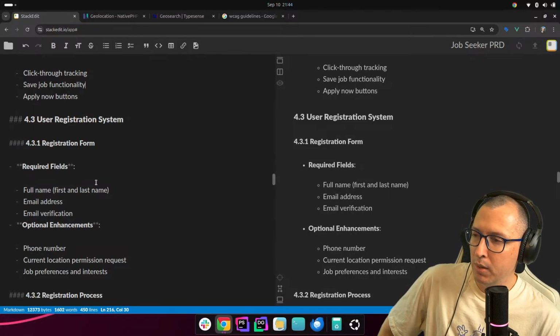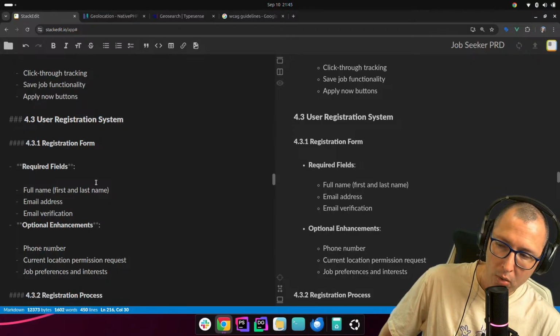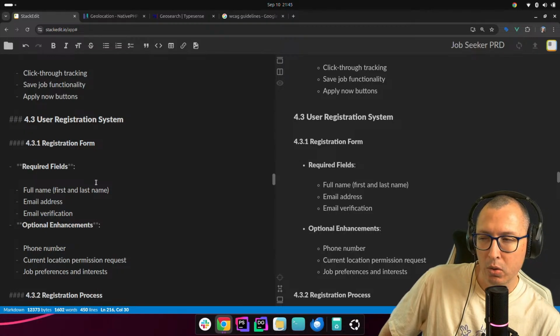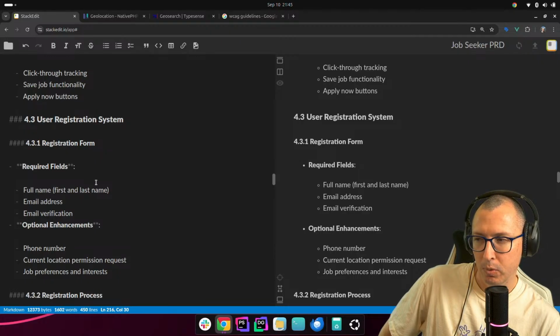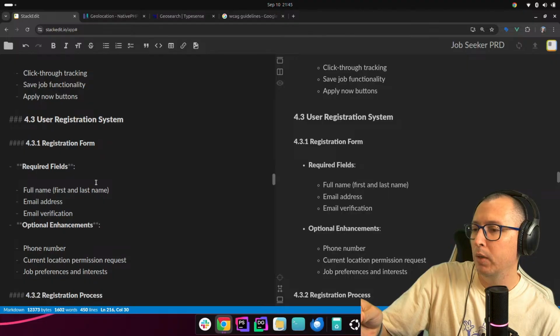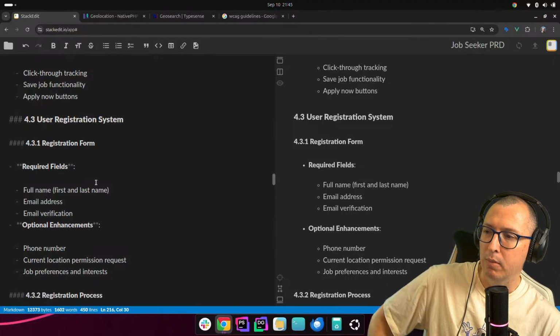I don't know if this is a good idea or not, but I think in order for us to take the user to the application, we should require a registration. I know it sounds scammy, but we need to have an audience. And ultimately, we are offering the value of, hey, you want to see the job postings? Sure, just register and we'll take you there real quick.